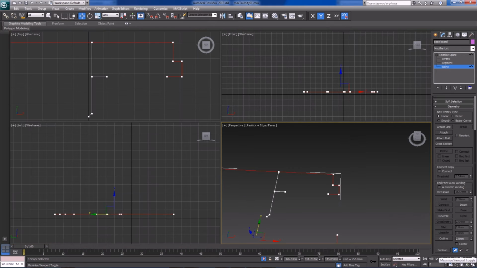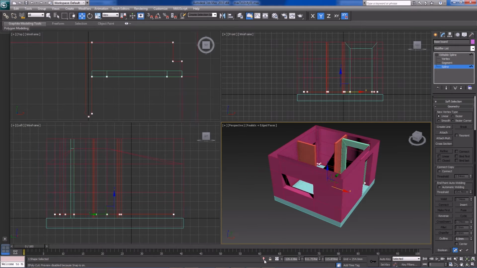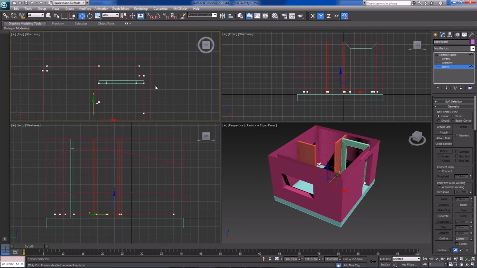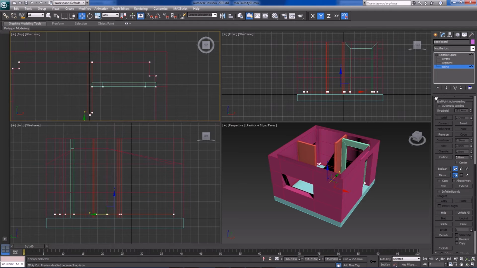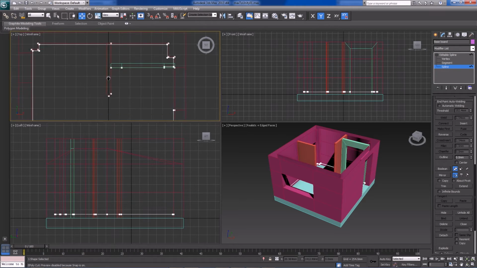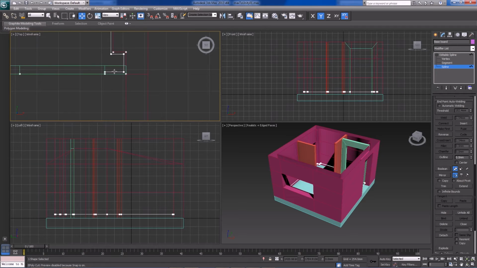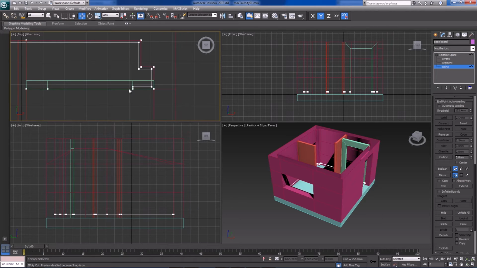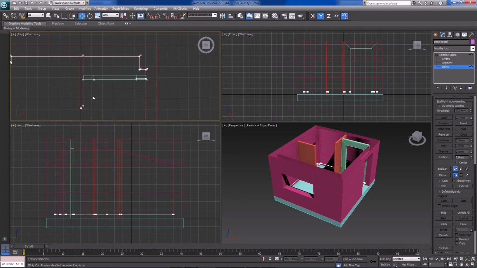So let's jump back into all of our viewports. Let's untoggle isolate. And I think the quickest way to create that is just by doing the outline again and extruding. So let's see first how outline behaves. Right, the immediate problem with that is that it creates the baseboard on the inside, so we want it on the outside. So actually